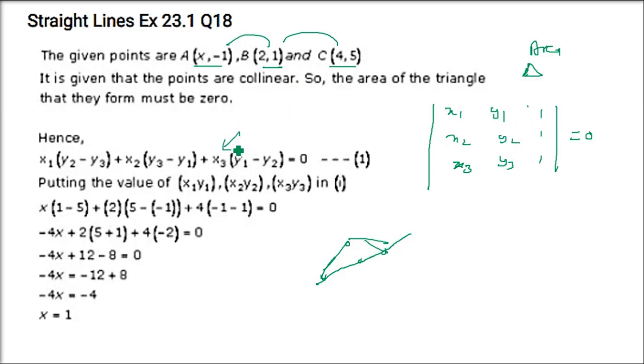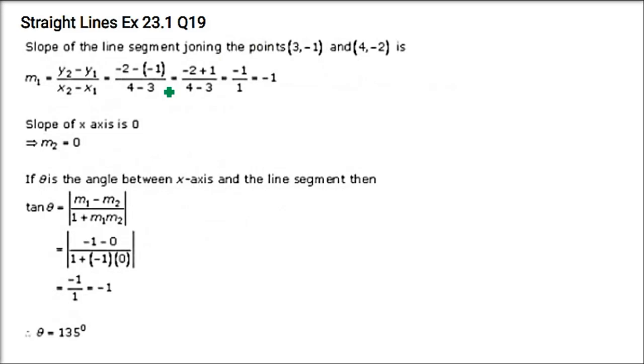If you don't understand, this is the formula. Just remember it. This, and slope, you can equate slope also. This is up to you. How would you like to solve it? So we have x1, x2, x3, y1, y2, y3. Put this equal to 0. x will be equal to 1. So the solution, I am not doing it. I am just trying to tell you the logic. The solution is quite in front of you. I am telling you the logic that area can be 0 or the slopes can be equal.